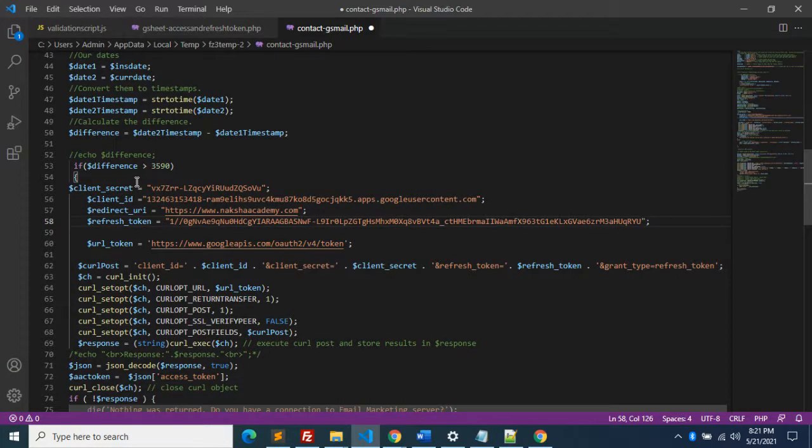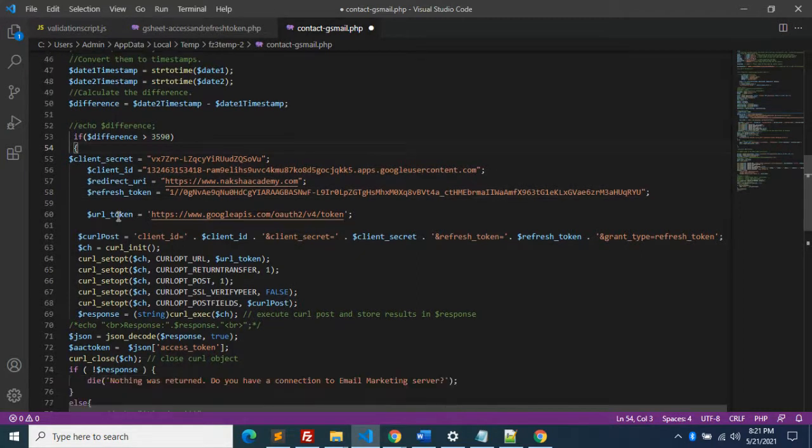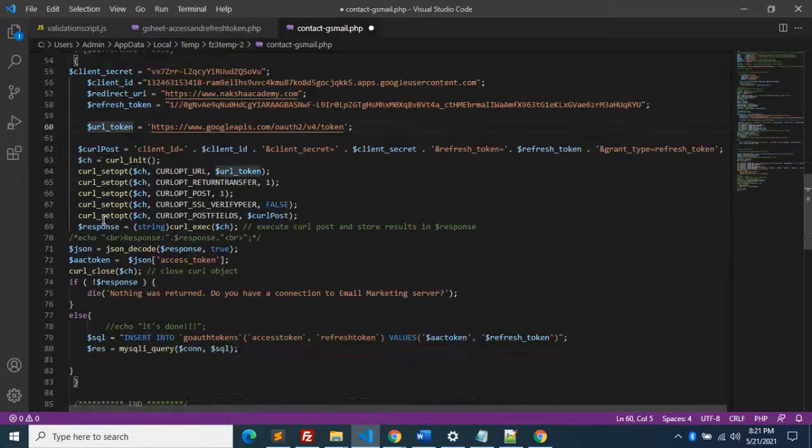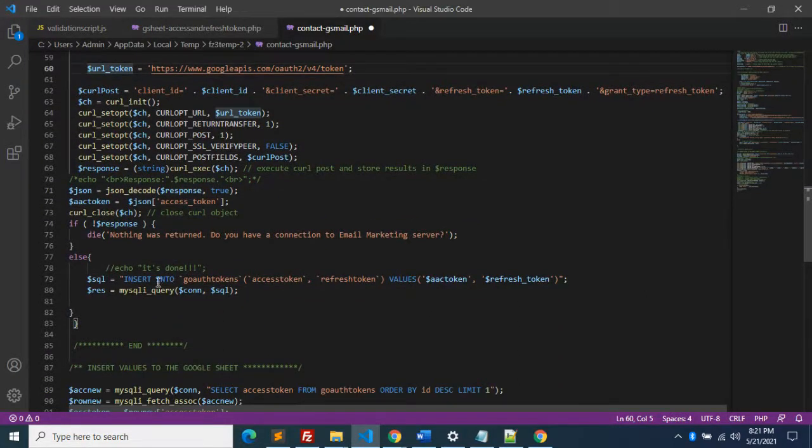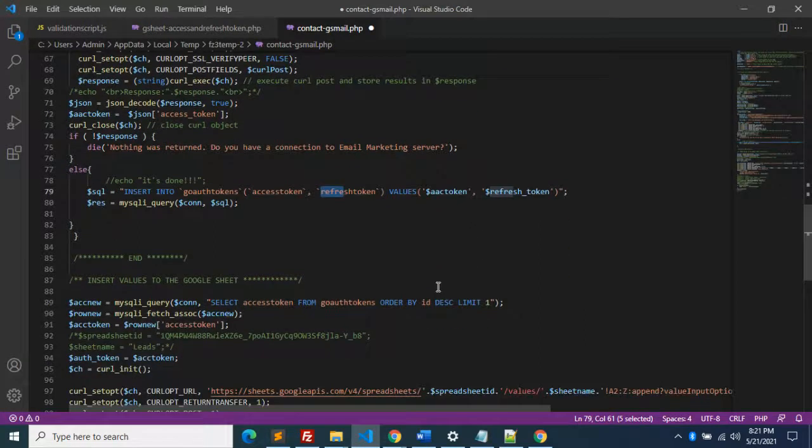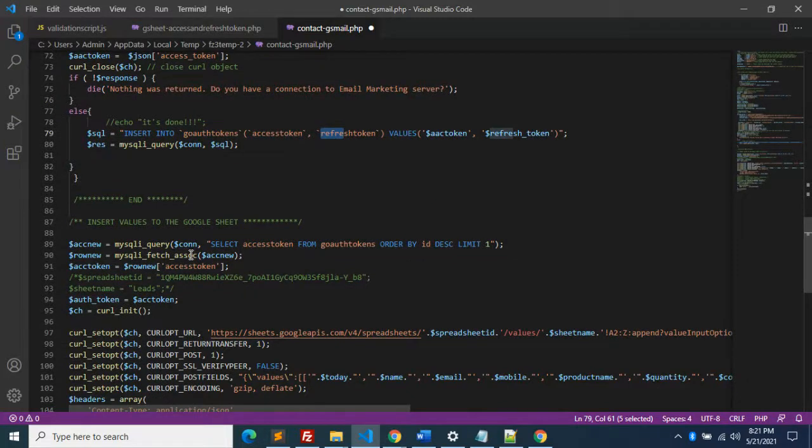If the time difference is greater than 1 hour, it will automatically get into this condition and generate the token using curl post. It will insert the values into the access token and refresh token, and otherwise it will insert the values into our Google Sheet.